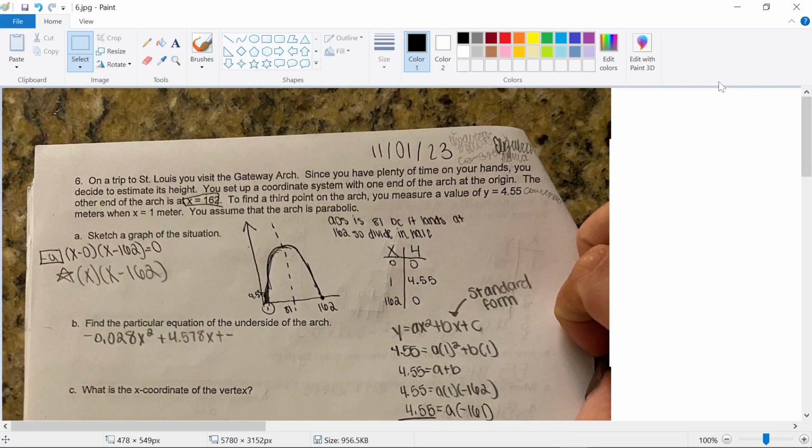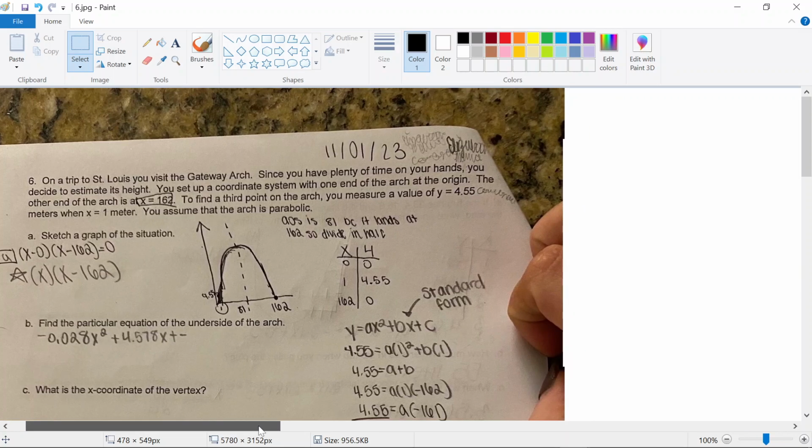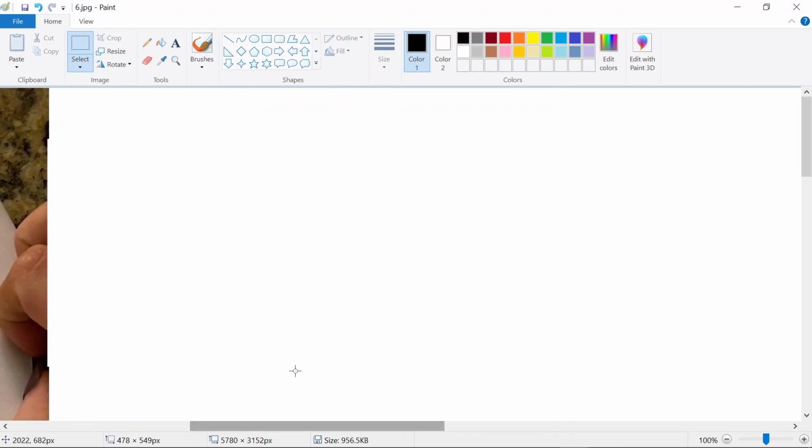Hi, so you're taking this trip to St. Louis, and you see this arch. I'm going to redraw it here. It says that the other end of the arch is x is 162. So